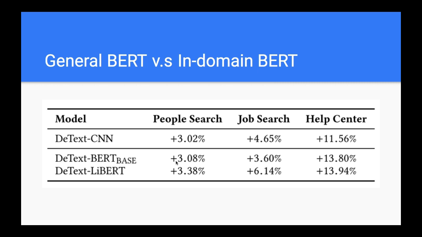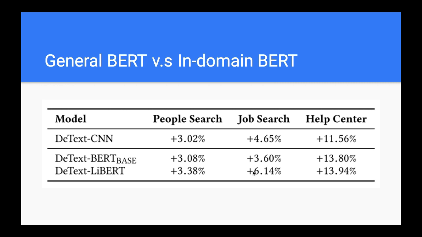And the second experiment is they want to know how the in-domain BERT compares to a general BERT. In-domain BERT is basically the BERT trained on the LinkedIn data. So in the people search, it's not much different because semantic level understanding is not important. But for the job search and the help center search, it's quite significant. And for some reason, for the job search, the LinkedIn BERT has a much better performance